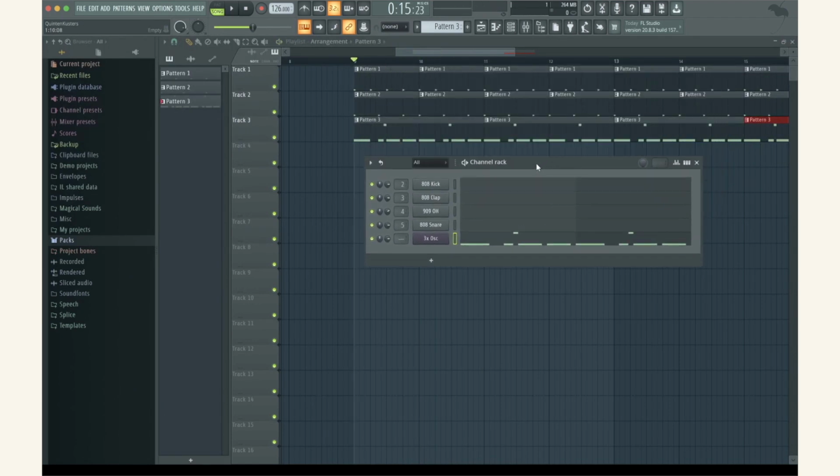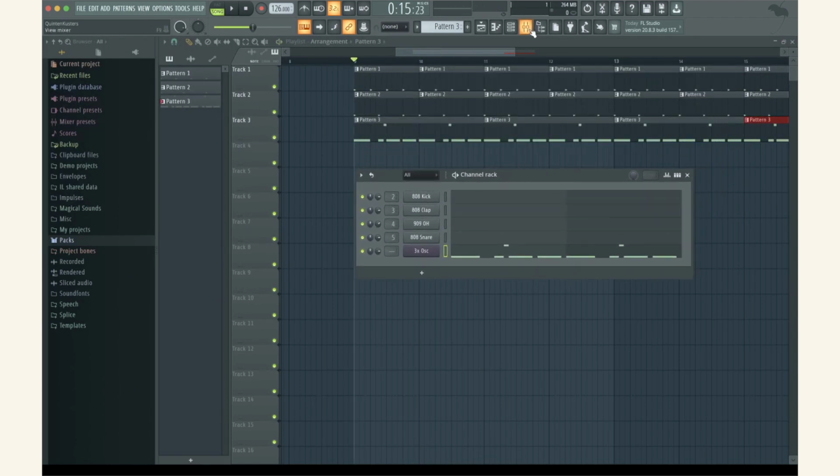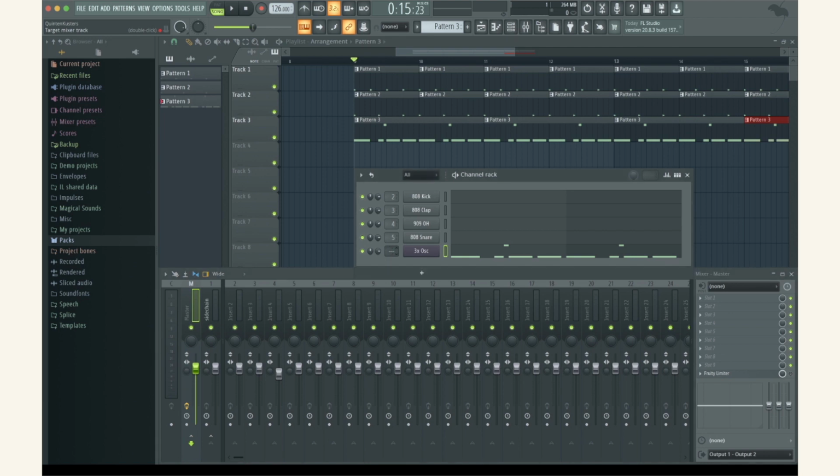And once we're kind of happy with the bass line, let's open the mixer again and drag this onto any available one. Now when we press play into the song,